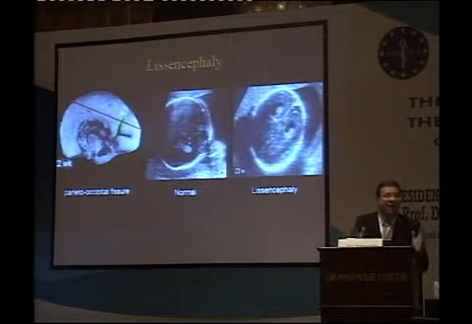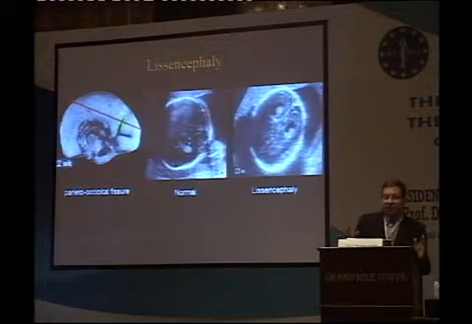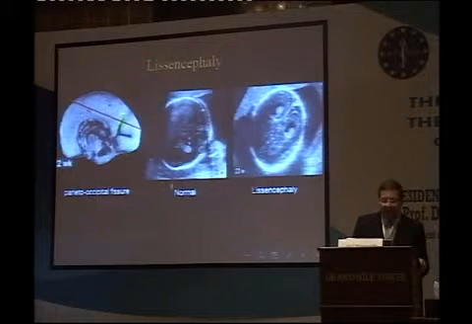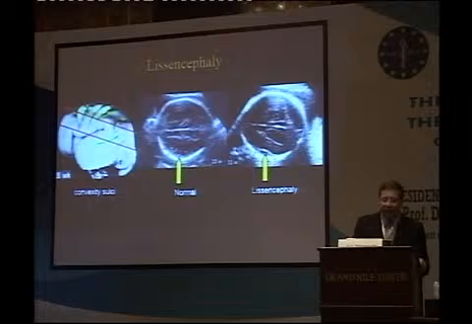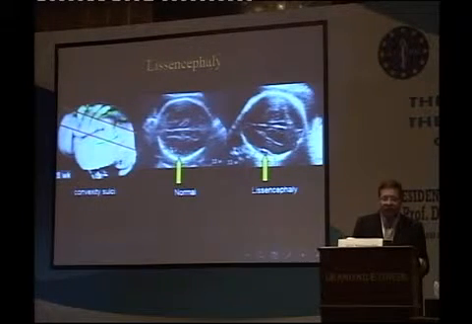Look here, we search at certain sites. When you diagnose, you search at the parieto-occipital fissure in the transaxial view. Here you will not find it in lissencephaly. Here is the normal appearance, here is absent. And we search for the convexity sulci, and this is the normal appearance, and in lissencephaly you don't see such